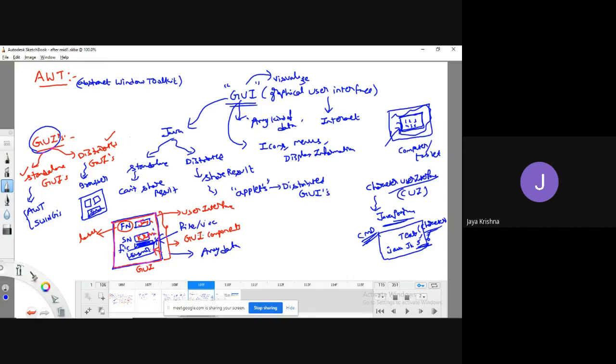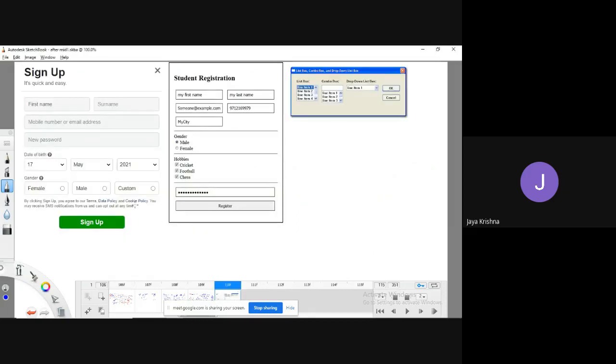For example, if it is a GUI, this GUI is a collection of various kinds of GUI components like this. If you observe, this is a kind of sign up page, where this is a text field, and this is a special field for the password.